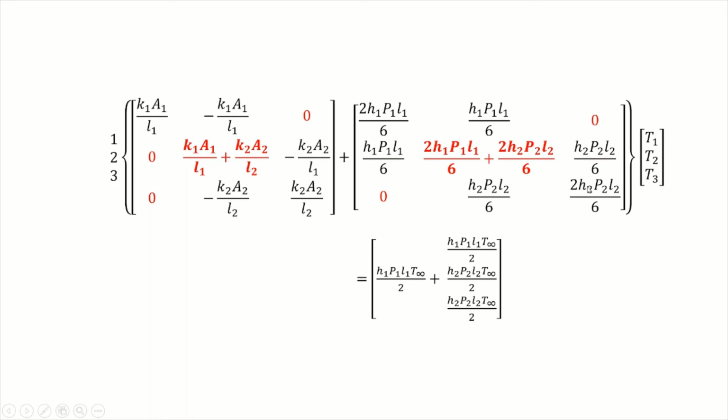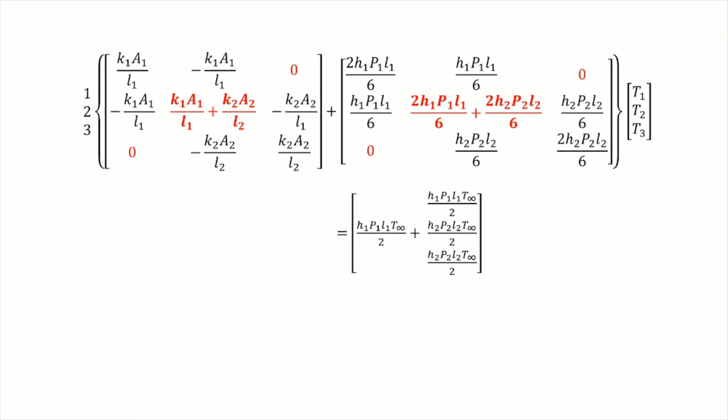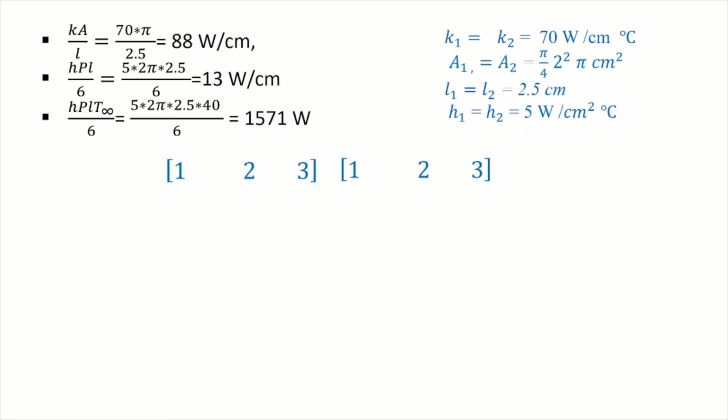Now if we add this, you can see the bone of contention which I was telling you about earlier. In this slide, the second node will be added everywhere. Got it? The same thing we have done here. We have added the second node everywhere. T2 is not known to us, so there is no need of adding that T2 plus T2. You should not do that. But here you will add, because T2 is not known to us. That's why we have done it like that. Hope this step is clear.